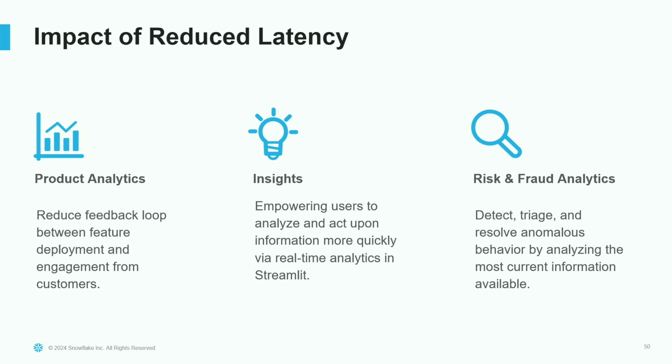Modernizing our platform impacted us on multiple fronts, but here are a few worth calling out. In product analytics, we reduced the feedback loop between feature deployment and engagement from customers, making us more nimble. We strengthened the insights derived from our data, empowering users to analyze and act upon information more quickly via real-time analytics and Streamlit. And we improved our risk and fraud analytics capabilities by being able to detect, triage, and resolve anomalous behavior by analyzing the most current